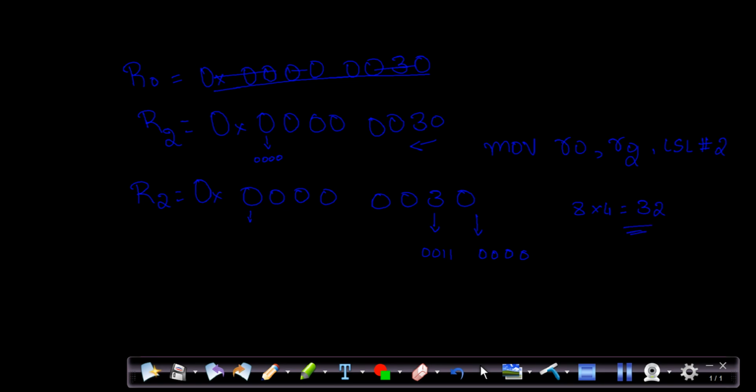So if I just left shift it by 2 bits, this bit is shifted over here, and this is one shift, so it will be 0 1 1 0.